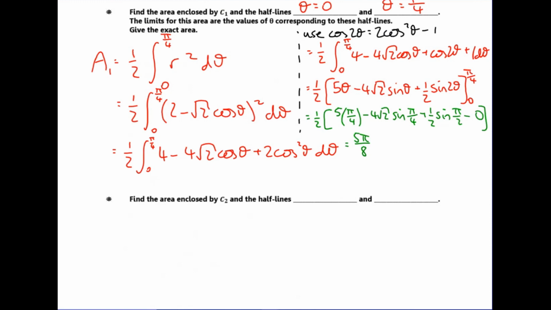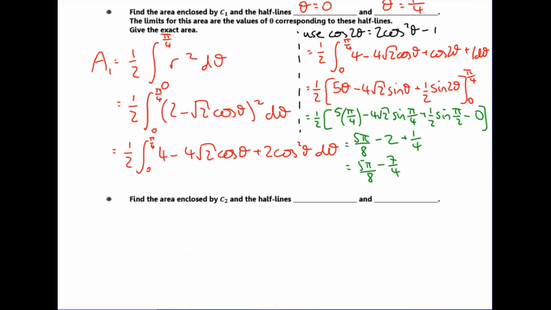Sine pi over 4 is 1 over root 2, root 2 over 2. I've got a root 2 over here, so it's going to cancel with that, and I'm just going to get minus 4 for this middle term. Times it by the half gives me minus 2. And I've got sine pi over 2, which is 1, times a half, times that other half, so plus a quarter. My exact area is 5/8 pi minus